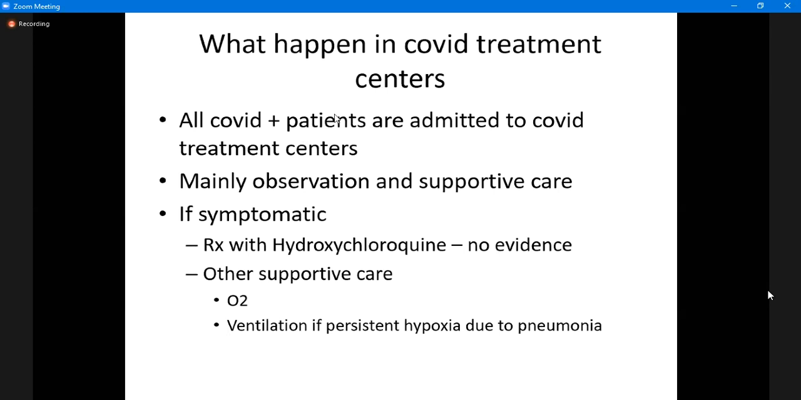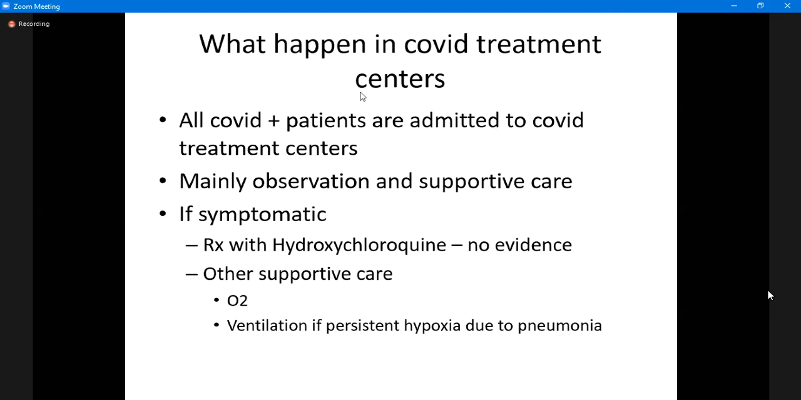Okay, so what we basically do is we observe them and provide supportive care. Most of the patients at the moment are asymptomatic, where they are just admitted there and observed. And if they have any symptoms, then the clinician would attend to those patients. Otherwise, they are just observed. And at the moment, for all the patients who are symptomatic, with symptoms like fever, sore throat, body aches, vomiting, diarrhea, all those symptoms, those patients will be treated with hydroxychloroquine as per Sri Lankan guideline,